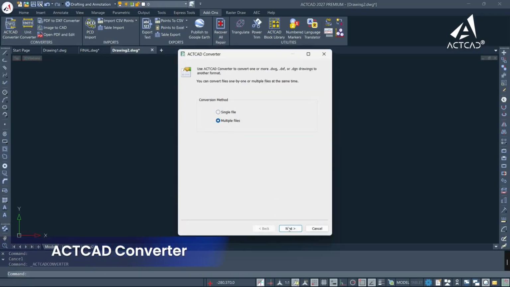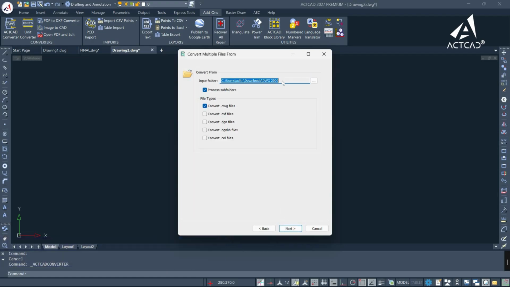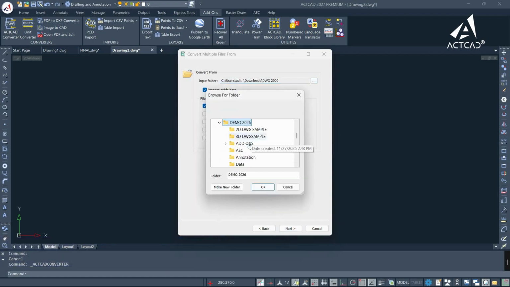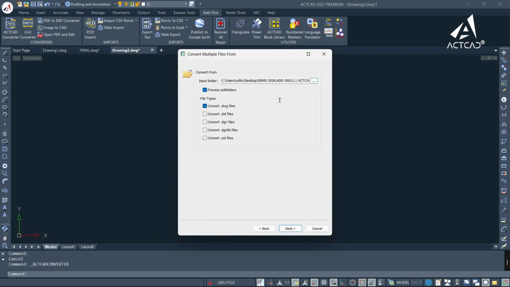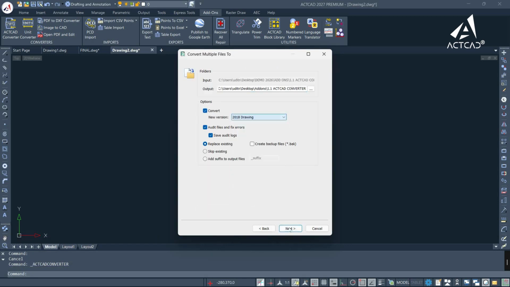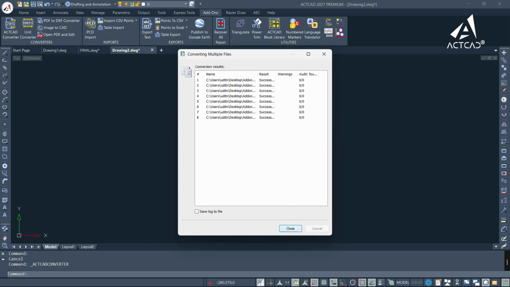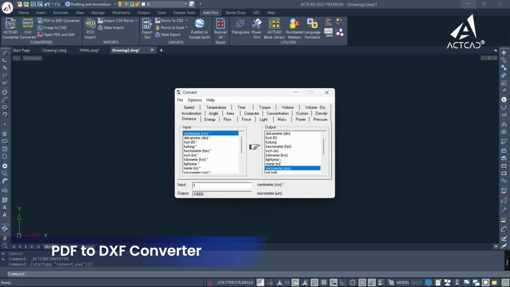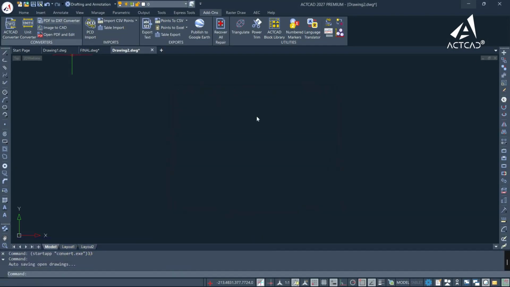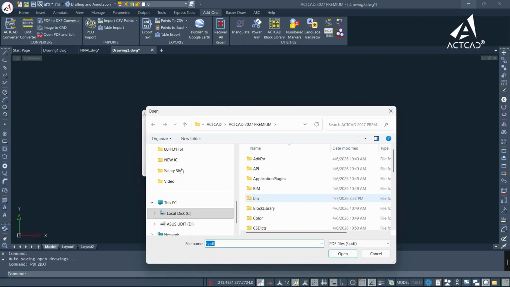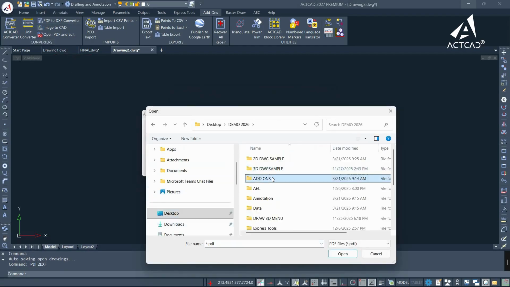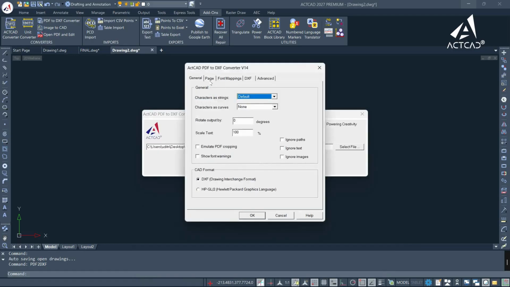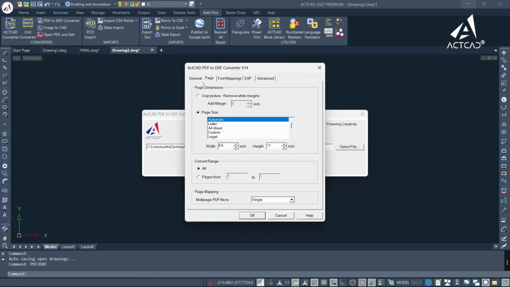ActCAD Converter helps you quickly convert drawing files between different formats. It's a fast and easy way to manage your designs without hassle, saving time and ensuring greater accuracy and efficiency. The PDF to DXF Converter in ActCAD quickly transforms PDF drawings into accurate, editable DXF files, making it easy to reuse and modify designs in your